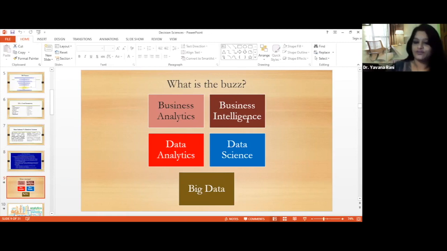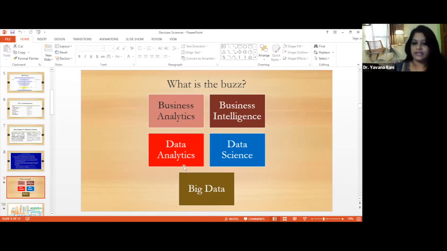I told you that at the end of this session, I'll be showing the application of a decision science tool. The business intelligence tool that I'll be showing a demo of is Tableau. Hope you all have heard about Tableau. It's one of the business intelligence tools. The decision makers or the managers use it to convert the data into a meaningful, presentable application. And you all know what big data is, the application of big data.